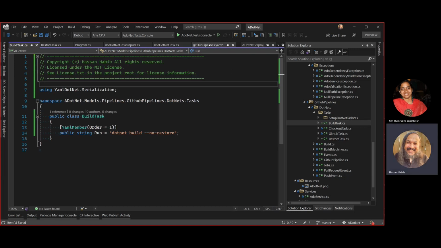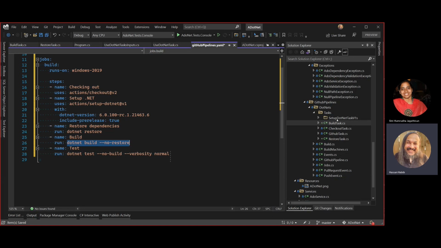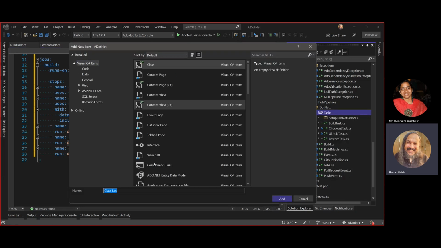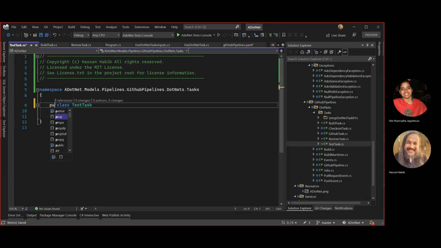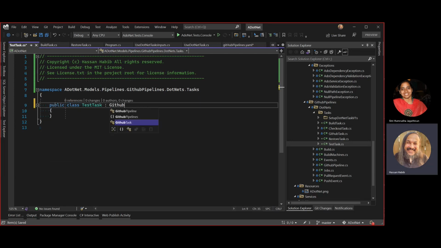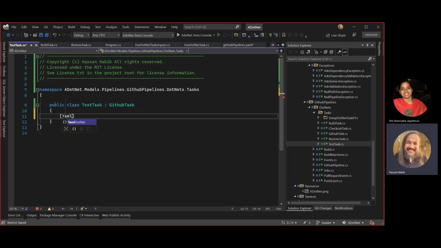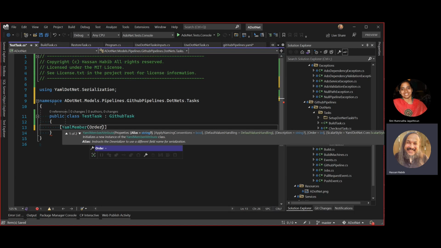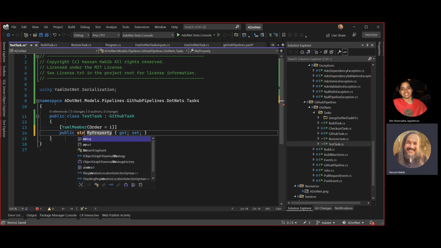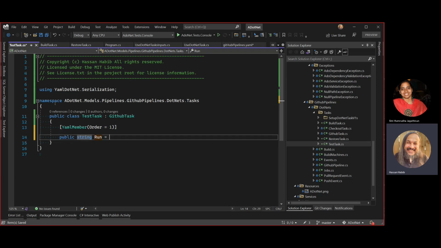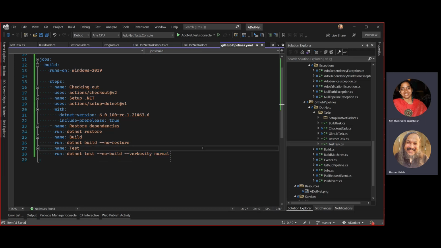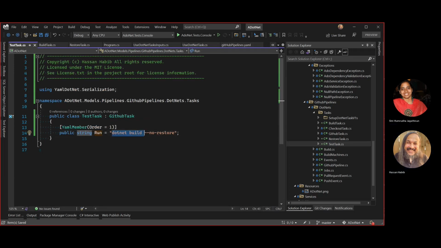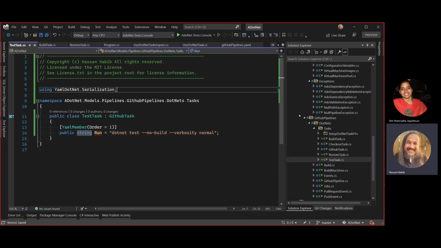Here we go. And then the last task is test. So let's go in here and say, I want to add in a new task, and this task will be test task.cs. And this test task, I'm going to put in here some headers, public, and then in here, GitHub build task. Same thing, YAML member like this, and this guy will have order of 1. And then this is a prop string run. Is it run or runs? I think it's run. And I don't think it's build. I think it's .NET test, no build. There you go. And it's run. Okay, perfect. What's the order here? The order is,